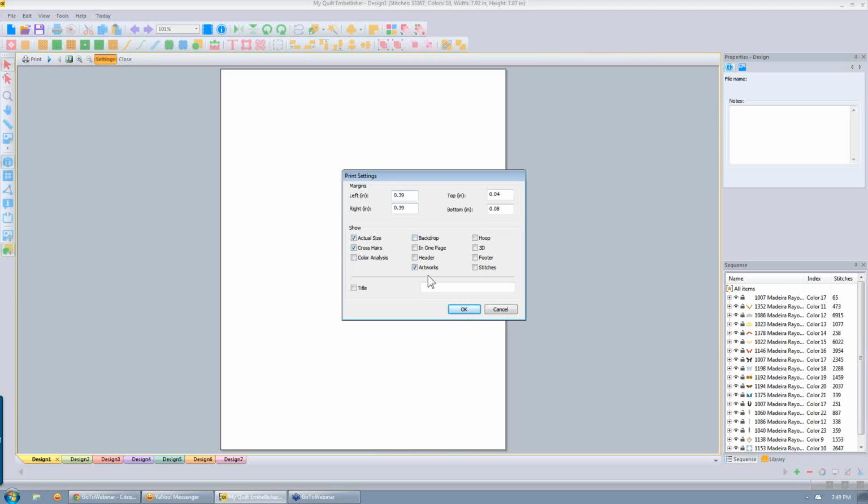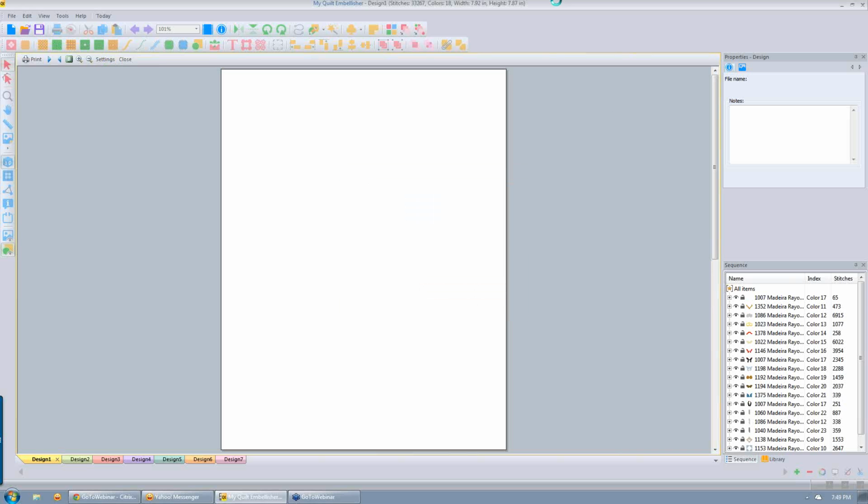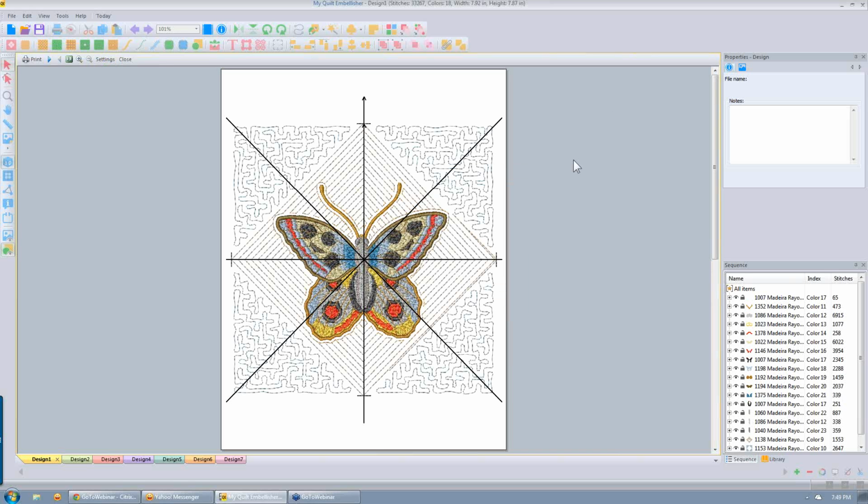If I want crosshairs, if I want color analysis, artwork, I absolutely would want stitches. You can print it in 3D or not, and click OK. And there you go. I've got my design, and I can print that on paper or on print and stick